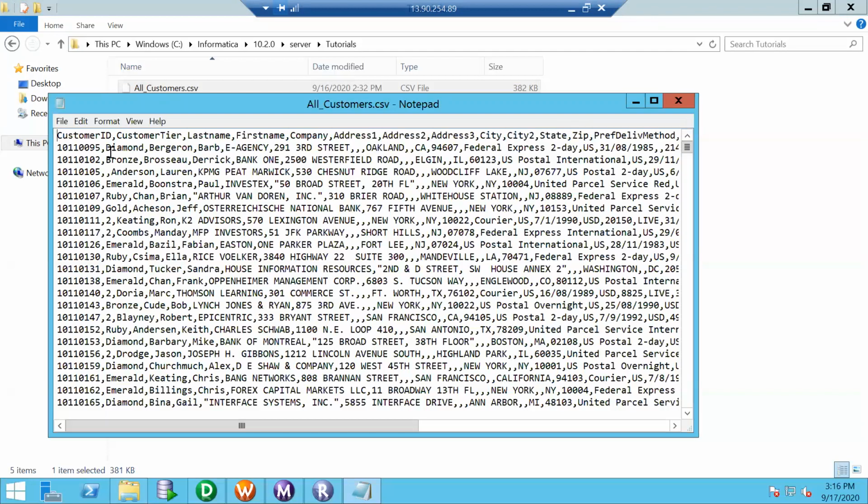And we have another component called fixed width. In fixed width, each column will be designated a fixed length. So let's suppose I have designated 10 characters for customer ID, and in this case we have consumed 8 characters. So rather than specifying a comma, I will provide 2 empty spaces to make it length 10.